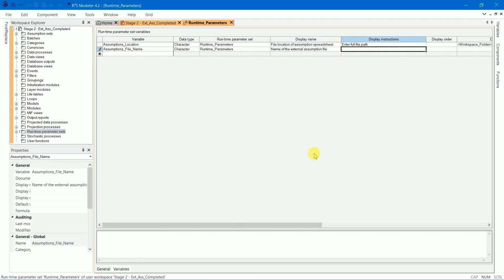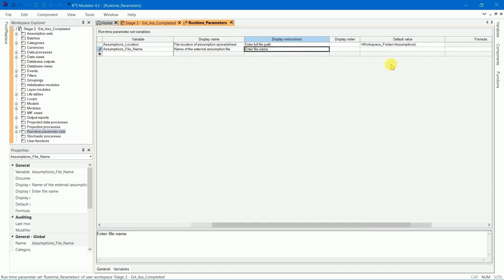The display instruction is enter file name, and the default value is set to the assumption file ext assumptions base. This can be copied from the name of the file.